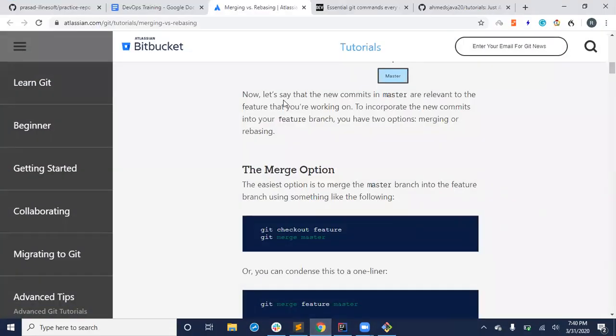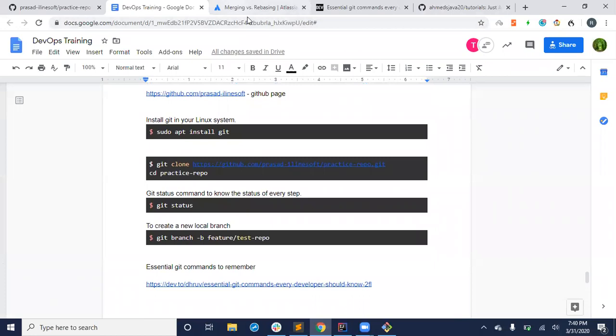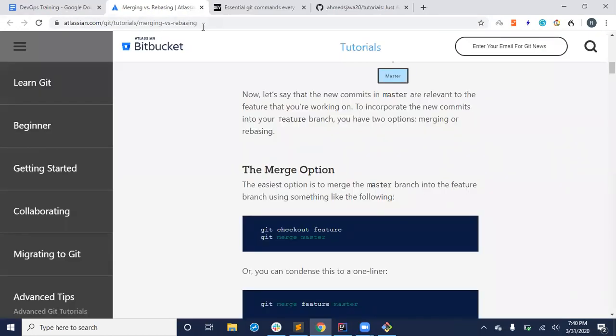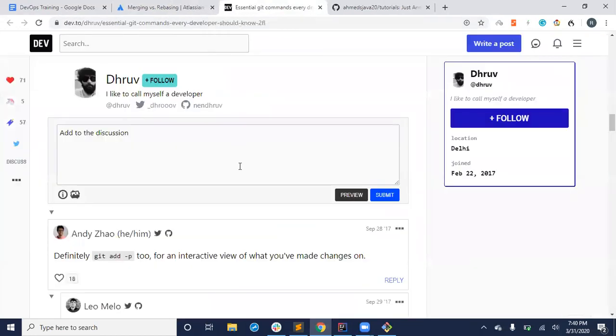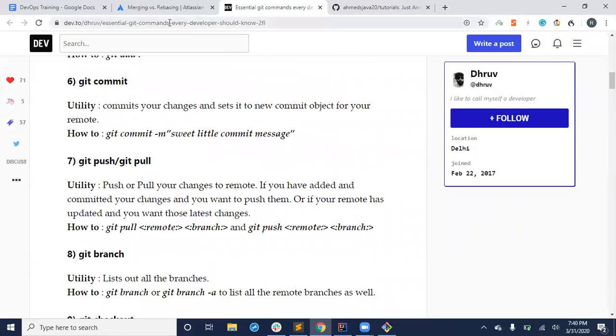There are some advanced concepts of cherry pick, all those things, but not required. Typical interview questions, this is enough. Which commands you need to practice? These commands, typically. If you are not sure, you can look at this video. You can practice with your own GitHub account. You can still ping me offline.